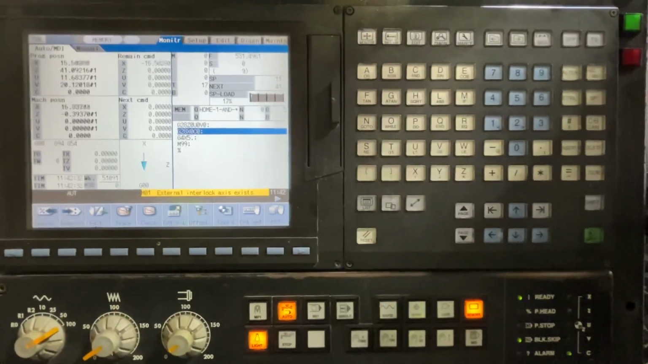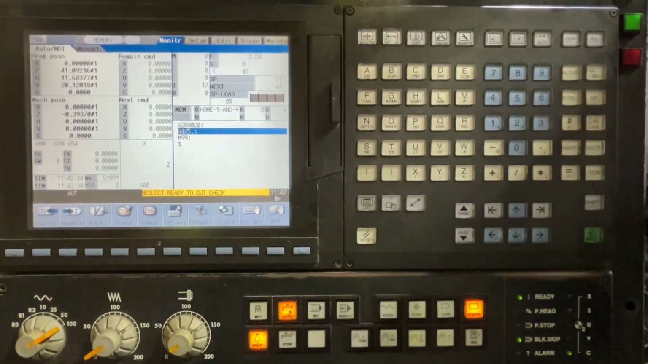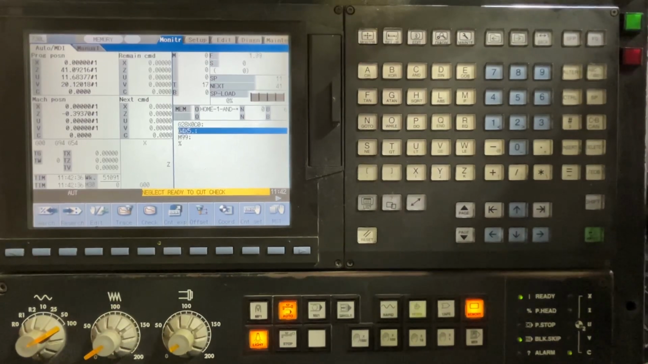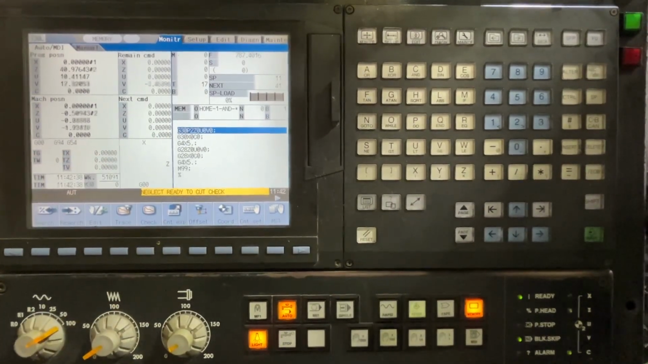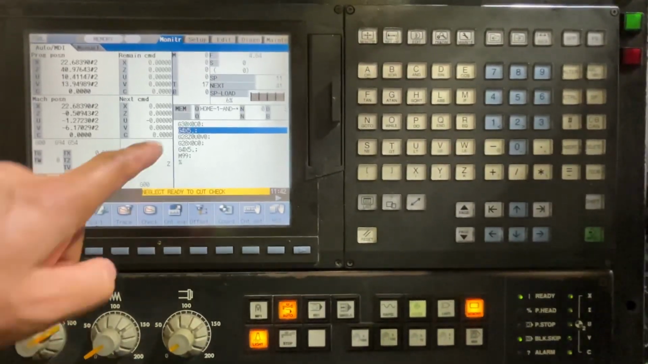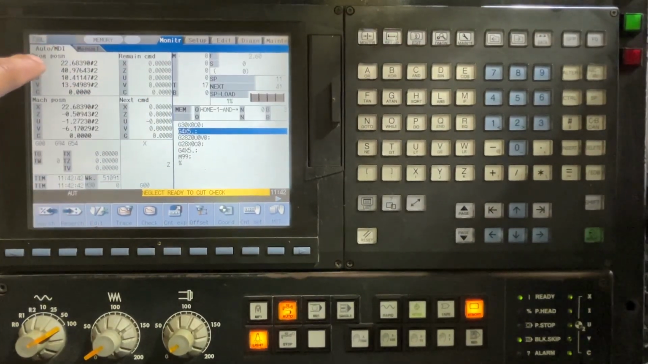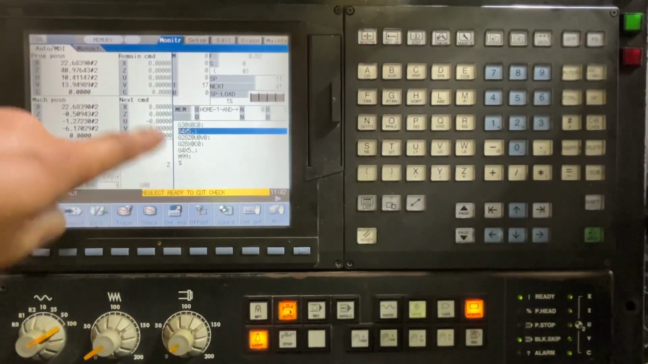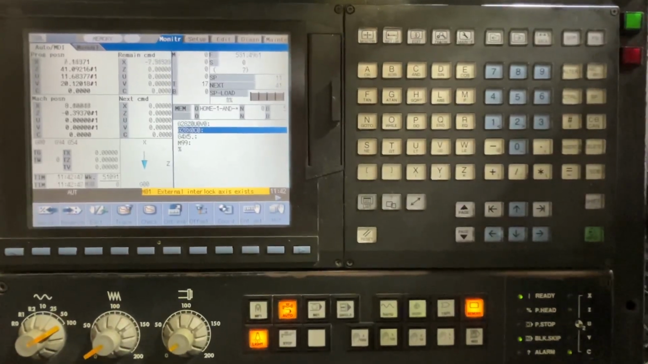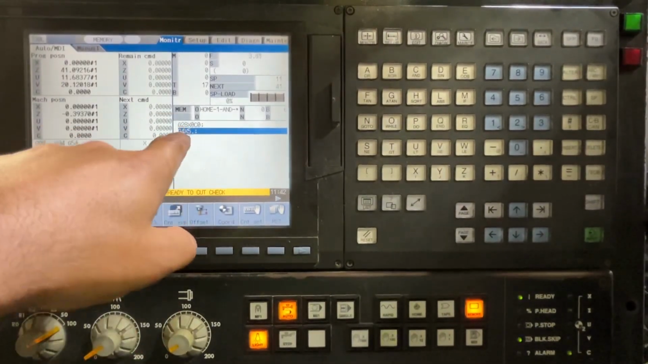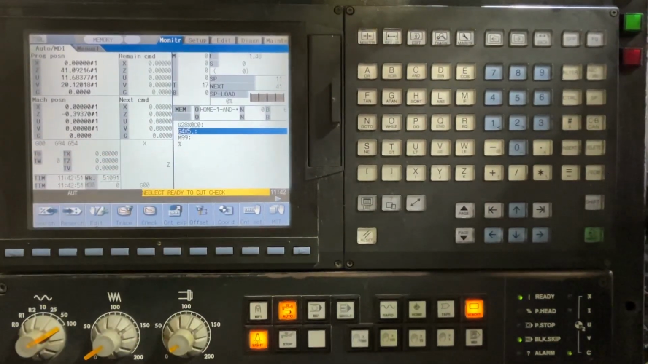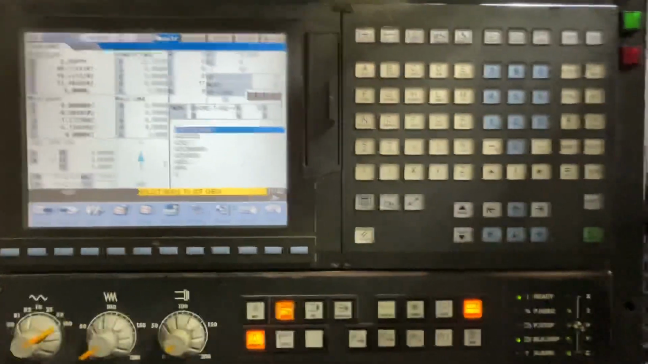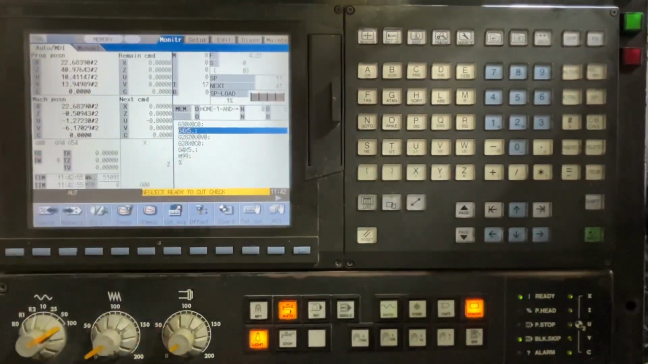Okay, on this Mazatrol 730L, we have a program that is moving the axis to reference position number 2 and reference position number 1, which is the G28 in the first case, and you use G30 when you need to go